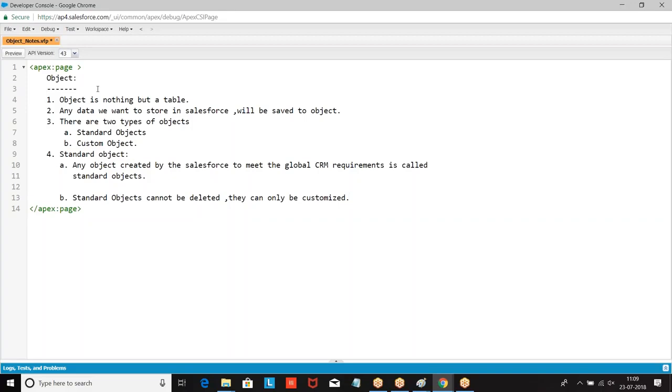They can only be customized. Example, name some of the standard objects you know. Account, contact, document, user, profile. All these are standard objects.